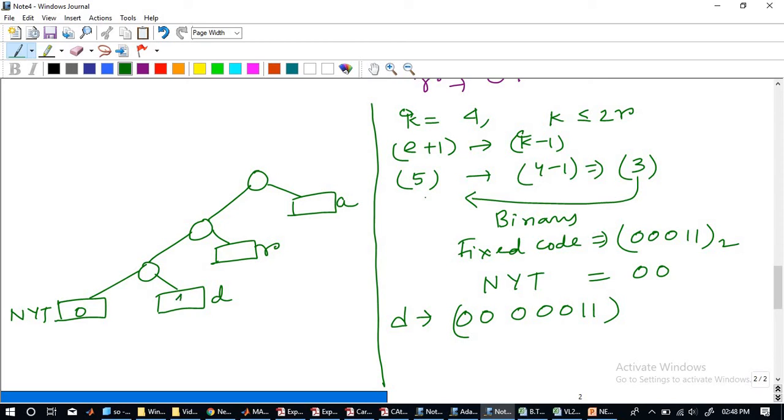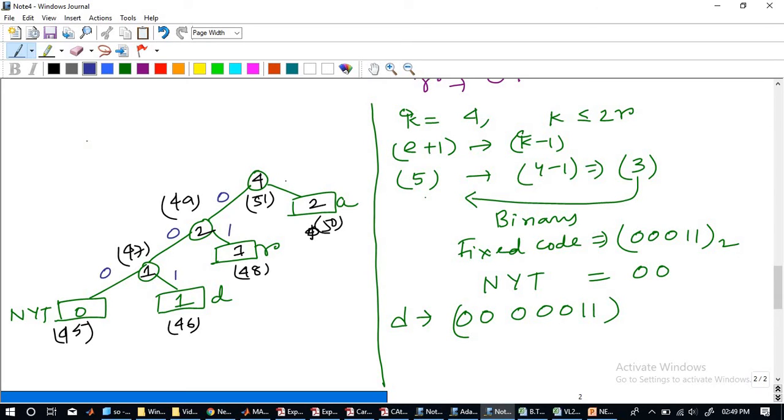This is 0, this is 1. 1 plus 0 is 1. R was how much? 1. So 1 plus 1 is 2. A was 2. 2 plus 2 is 4. So this is my 51. Sorry, 50, 49, 48, 47, 46, 45. And if I put the zeros and ones for our convenience for the next set: 0, 0, 0, 1, 1, 1.